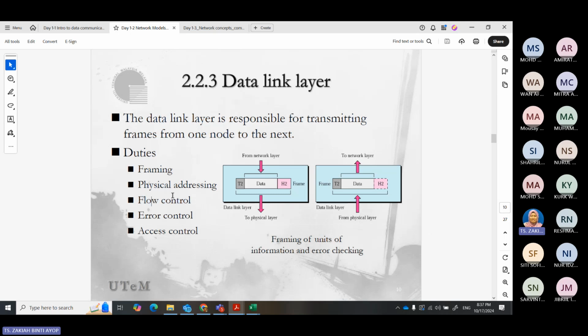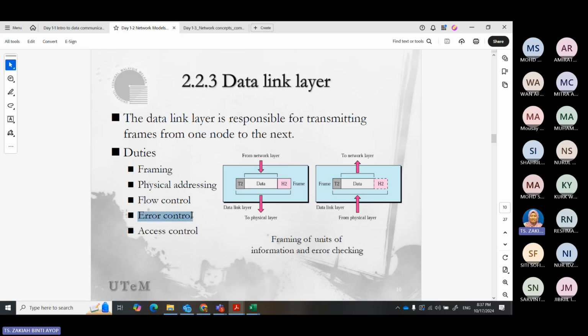Now you need to determine the flow control. The flow control here is like a communication. Maybe you want to start, okay, I need to start first. I want to start sending, and then I will start to send one frame, second frame, third frame. And then I need to wait for the acknowledgement. So all your communications would need to receive an acknowledgement to know that the data has been correctly received by the destination. Okay.